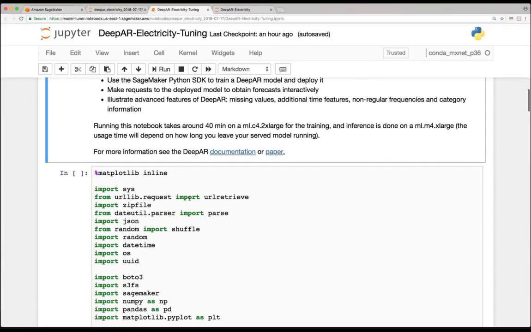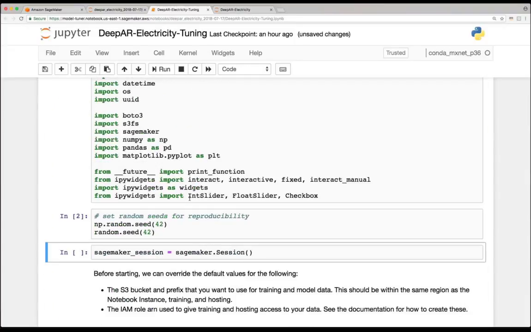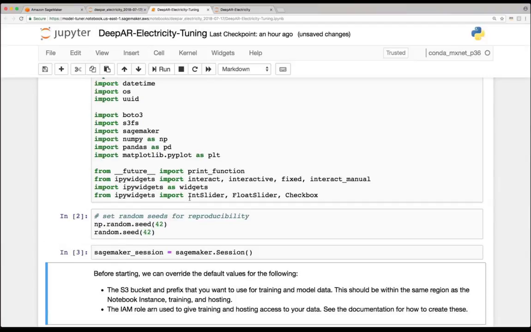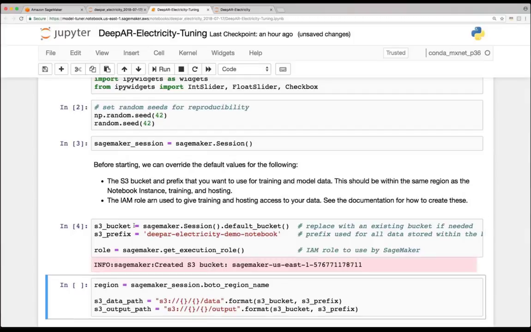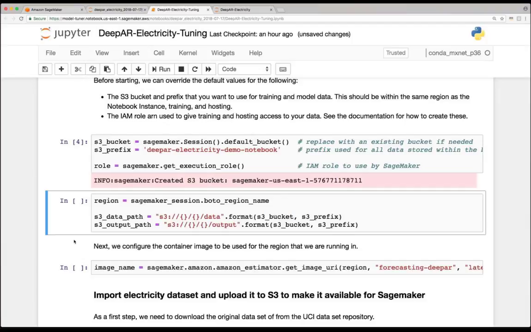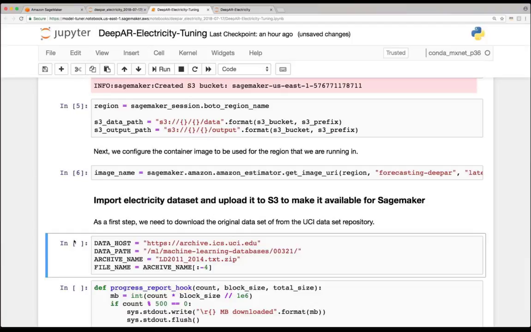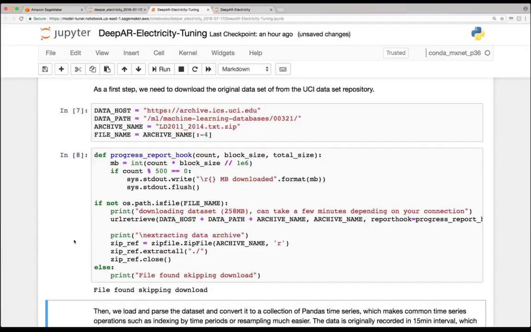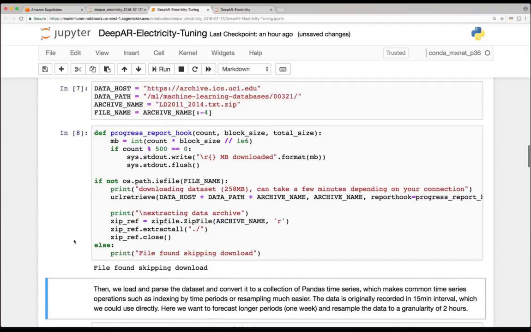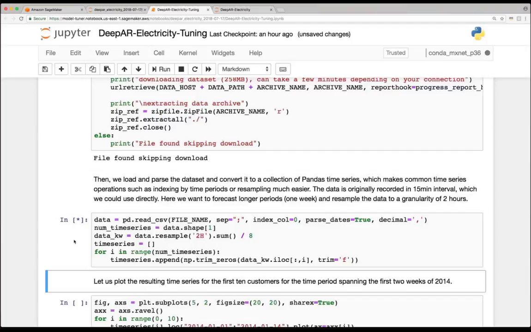So the notebook starts out just importing a bunch of libraries and setting the random seed so that the results are somewhat reproducible, setting up a session object, and then getting access to S3 and an IAM role with permissions to access S3. We create some paths, we look up the Docker image for DeepAR, and now we find the data set in the UCI machine learning data repository. And we go and we download it. Now, this is a fairly large file, so I've actually already downloaded it onto this notebook instance. It can take a while if you haven't, or the first time you do this. Now, we load the data set from disk into memory,